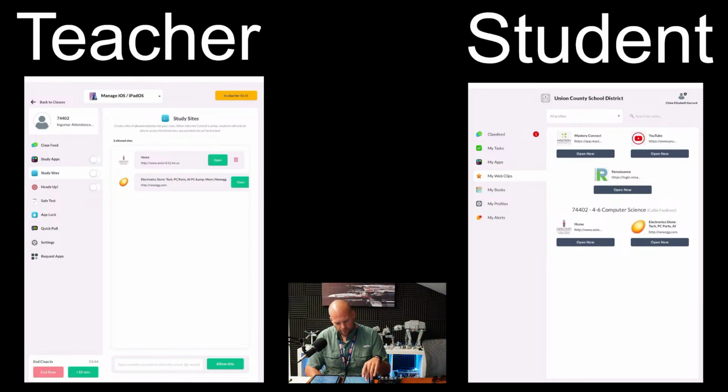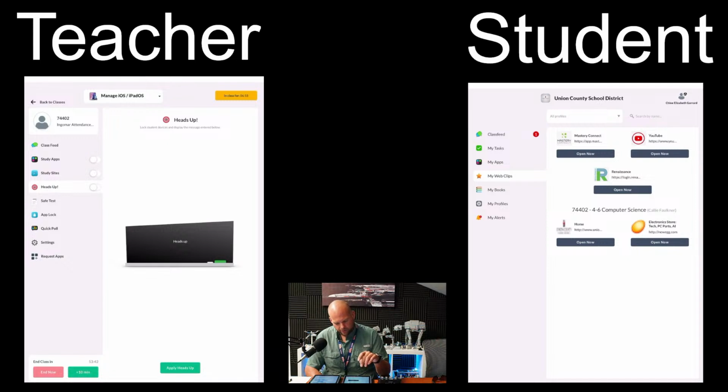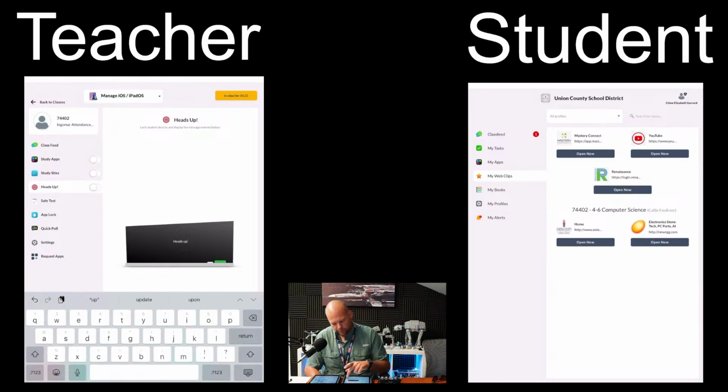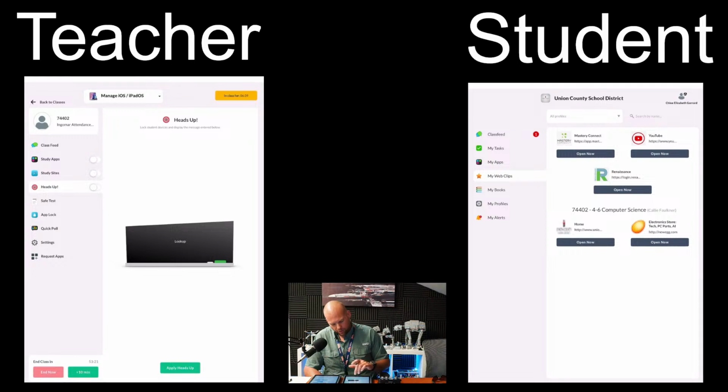The next one is called Heads Up. What this is, is like a chalkboard kind of. You can type any message that you want to. You can click inside of here, and you can type any message you want to on this chalkboard. Let's just type look up. All right, so what I'm going to do is come down here, and if I do apply Heads Up,